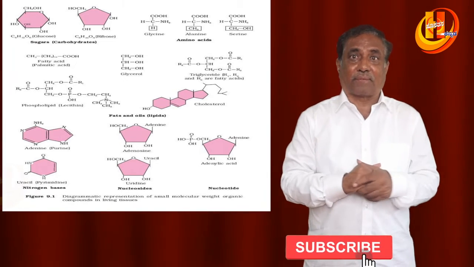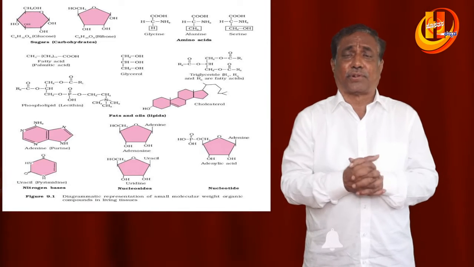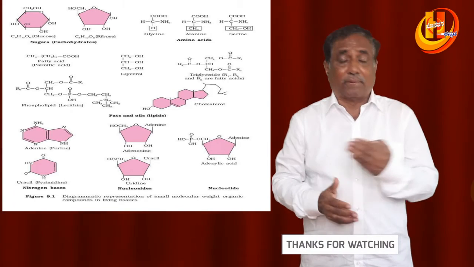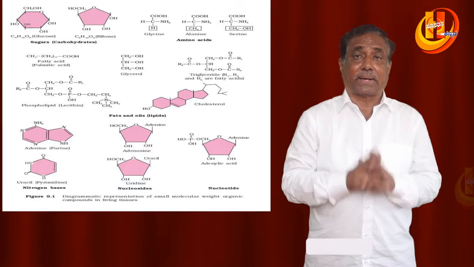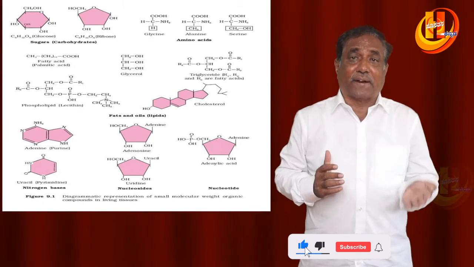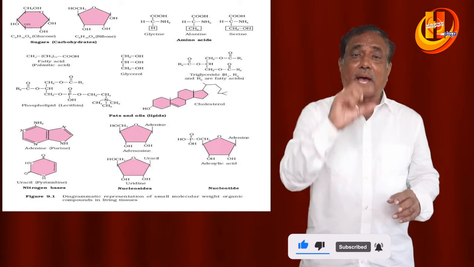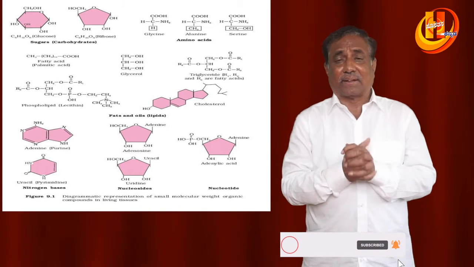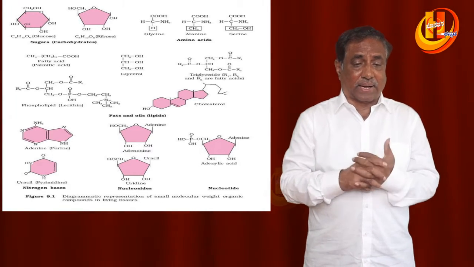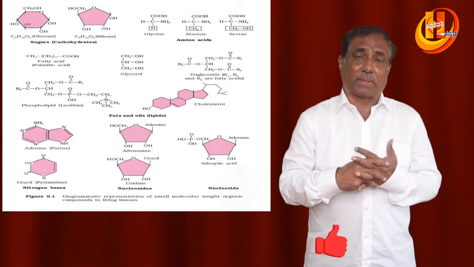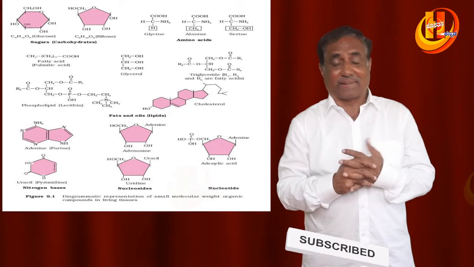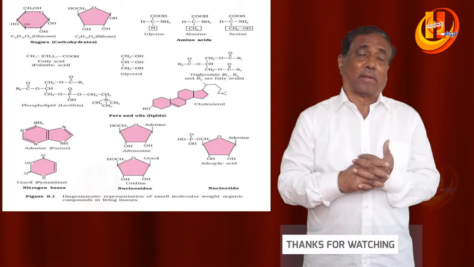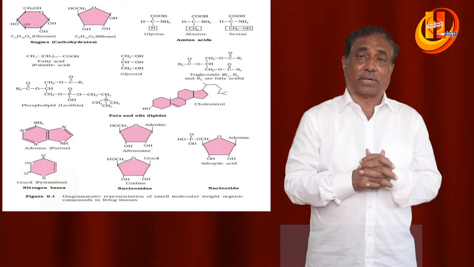Lipids exist in two forms, oils and fats. Oils have low melting point. For example, gingerly oil will have low melting point. This is also very important. And based on saturated fatty acids and unsaturated fatty acids, arachidonic acid consists of 20 carbon atoms, and palmitic acid contains only 16. The oils have low melting point, for example, the gingerly oil.